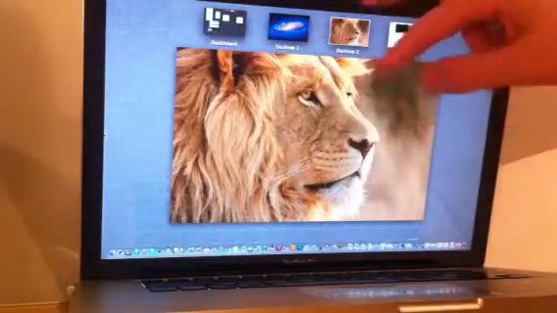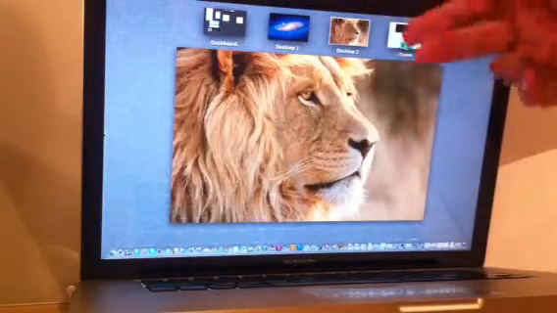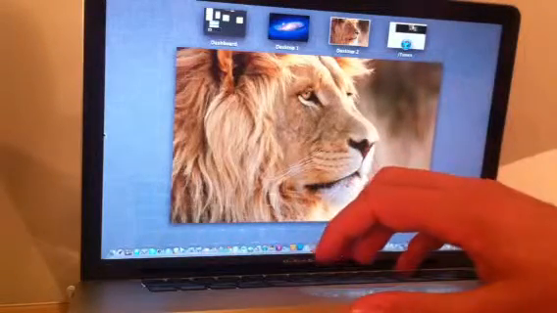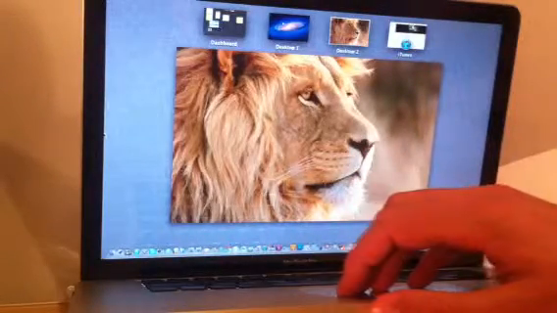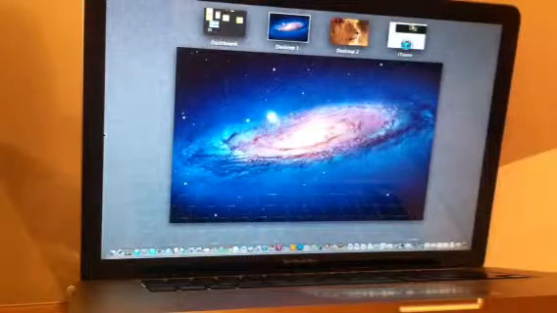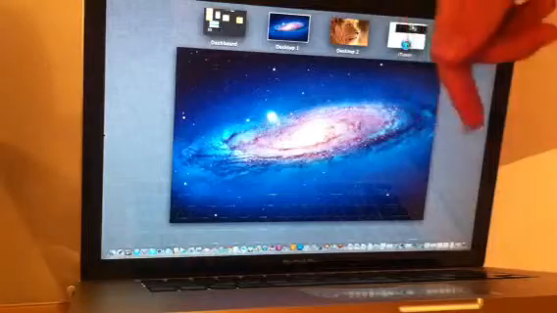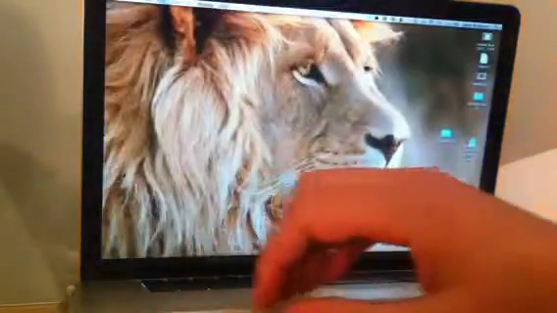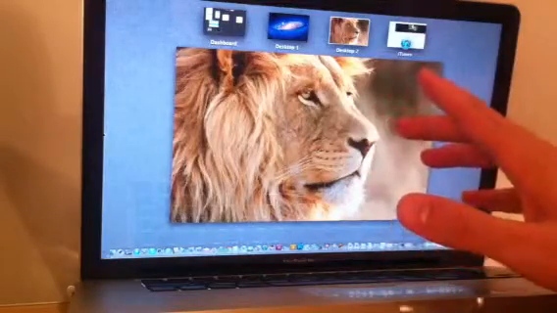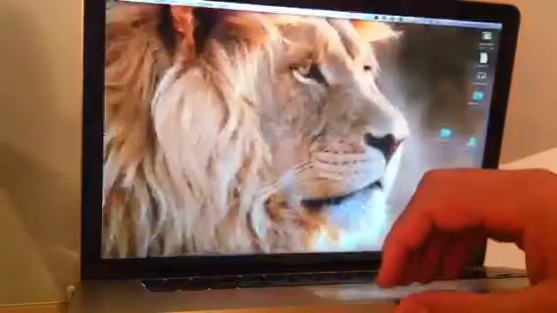But really, what Lion is saying now is, no, actually that's backward. What we want you to think about is that you're literally picking up a photo and pushing it off to the right as you move your hand to the right, which is actually showing you the previous photo, or vice versa. The reason I think this makes sense is because if it were set up the way that you suggest,